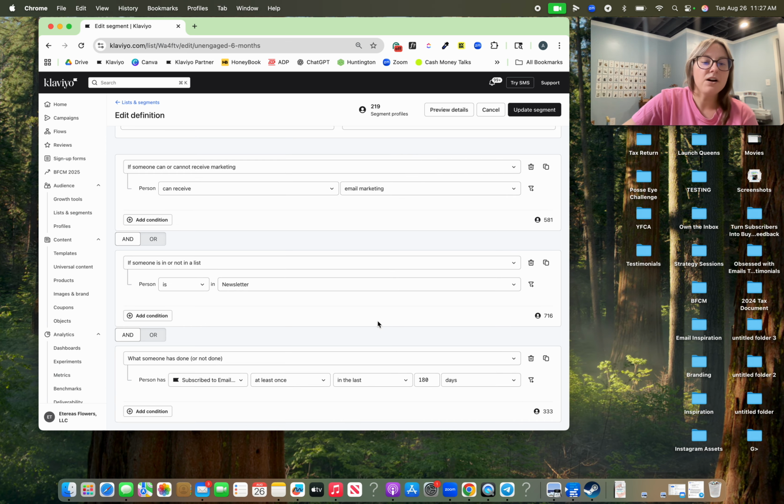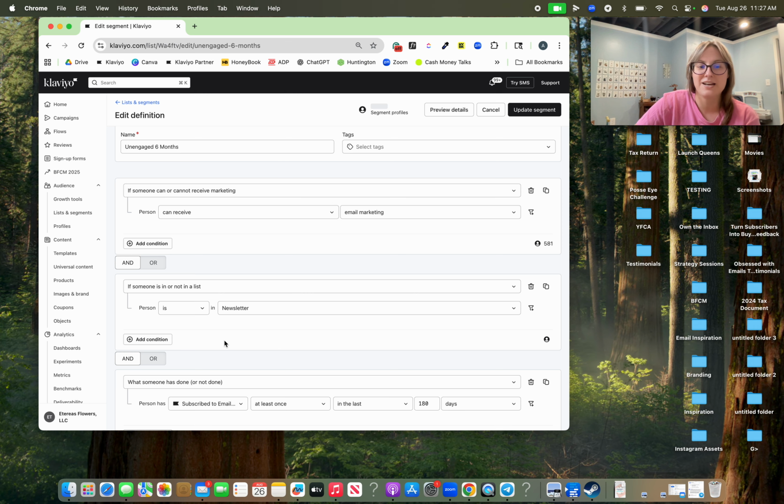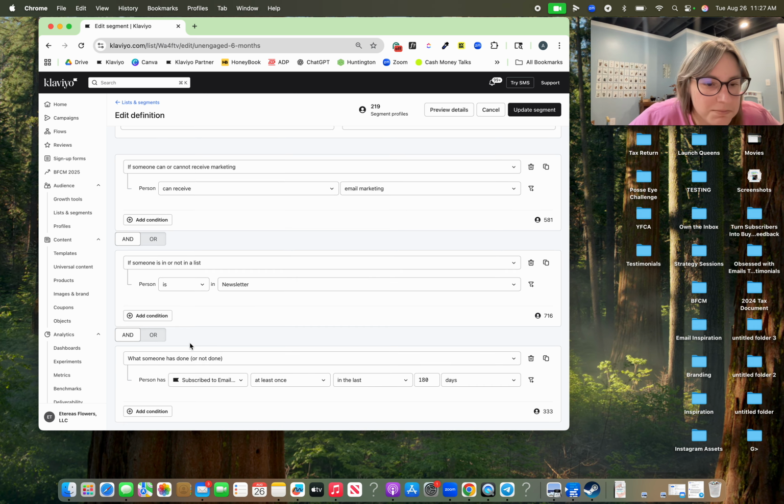Okay, so I also want to grab people who have been on my list for at least 6 months. So that's the next parameter, and we're doing "and" here because I want all of these people included. We're not doing "or"s because that just means they either have this or they have this, and everyone has to meet all of these parameters. So we're doing "and." What someone has done: subscribe to email at least once